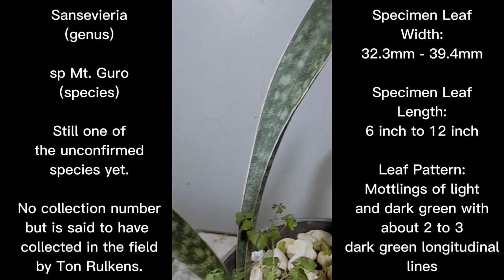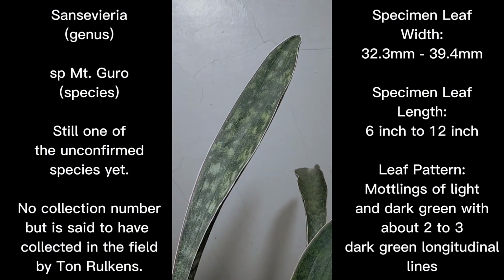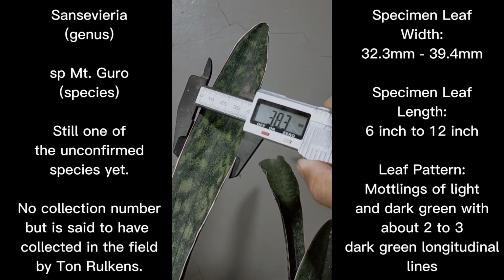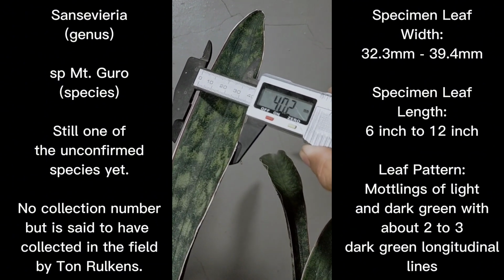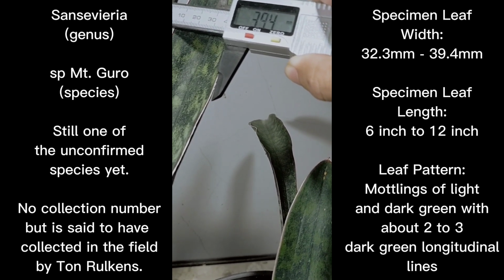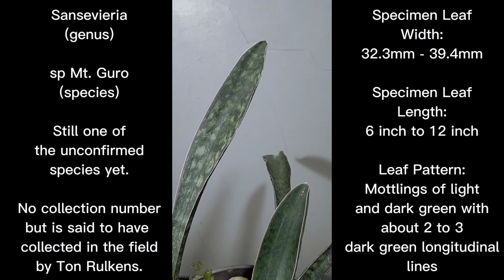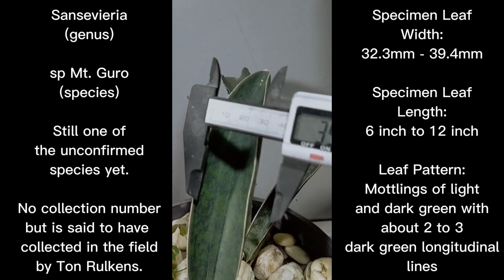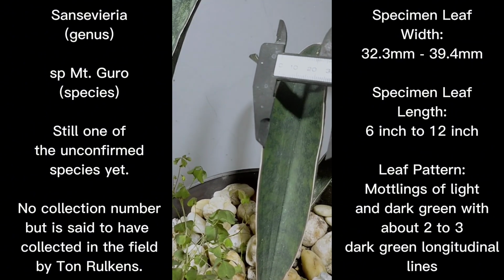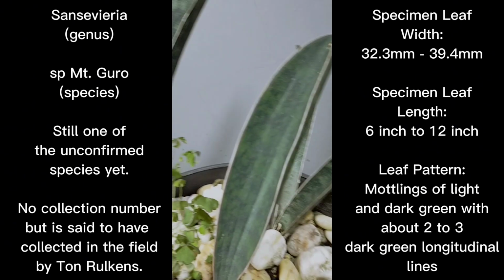And next, since it is not really semi-cylindrical or almost cylindrical, it's almost flat, we can measure the width of the leaf for this Sansevieria species Mount Guru. So I'm measuring on the newest leaf, 40.2. Alright, there you go, 39.3. That's the newest offset. The newest offset, folks, is the largest on this clump. The oldest, it's curling, so I would say it's around 38.9 if you try to flatten it out,